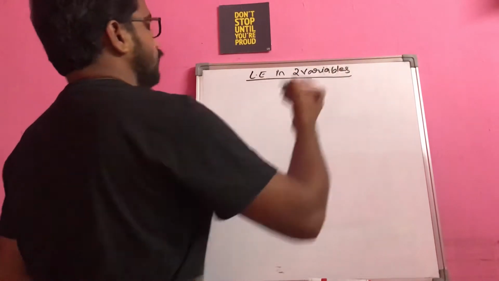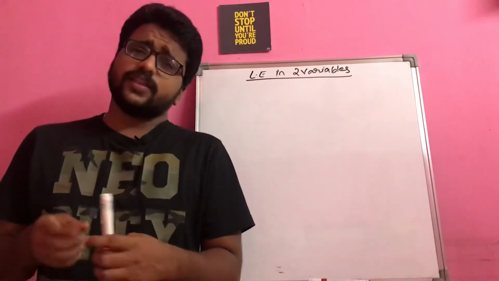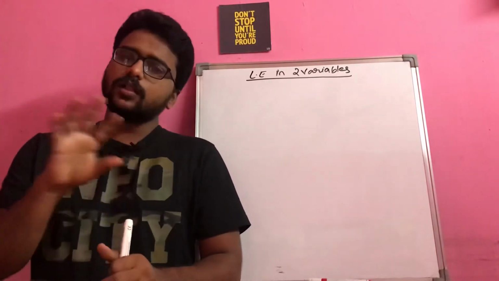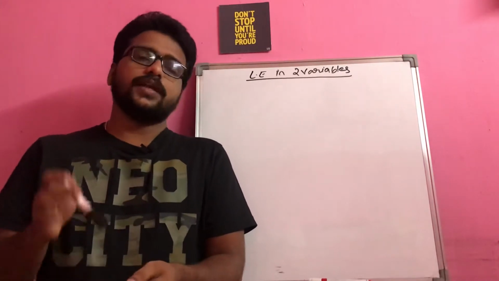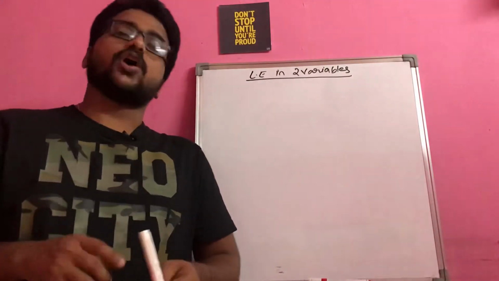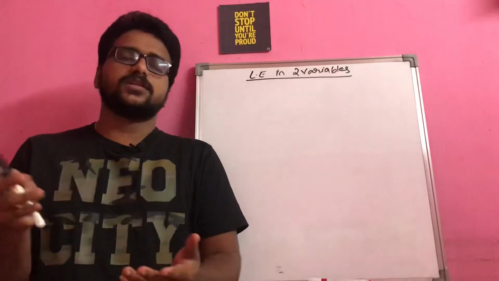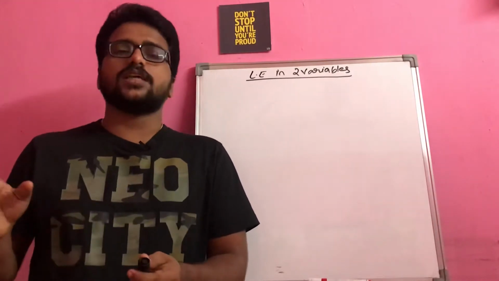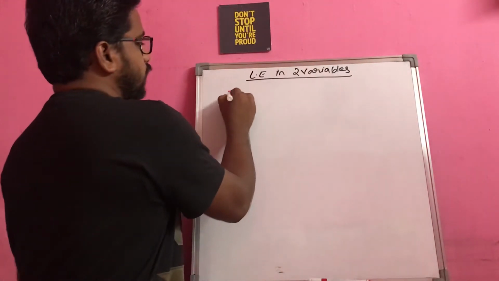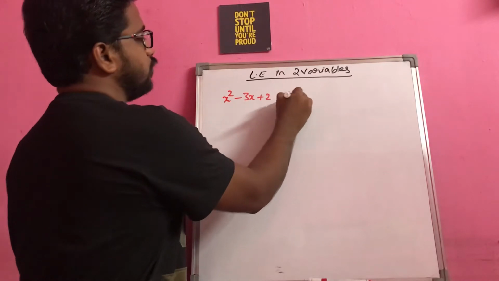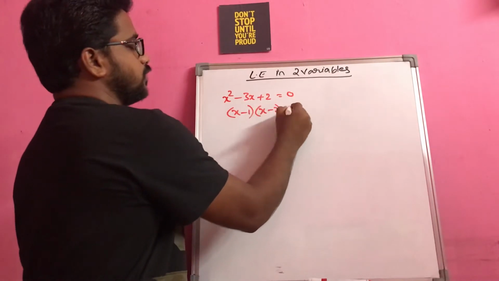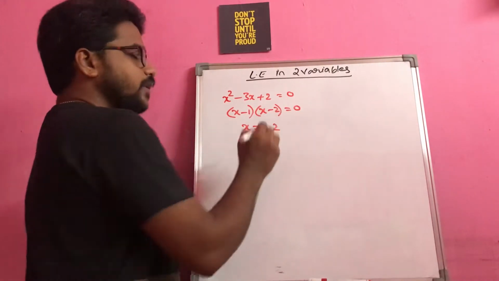So the point that I want to tell you here is, whether it is polynomials, quadratic equations or even linear equation in two variables, all the topics are almost the same. You cannot find any difference among these questions when it comes to examination. When it comes to the solving part, you cannot say there is any difference, because the terminology is almost the same. For example, if I give you a quadratic equation like x square minus 3x plus 2 is equal to 0, and I solve this one, I will get x minus 1, x minus 2 is equal to 0, and I will say x is equal to 1, 2.